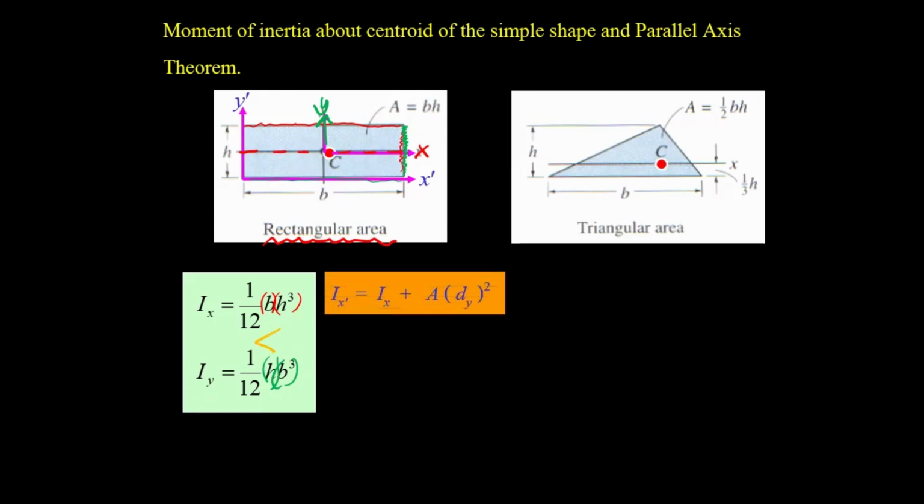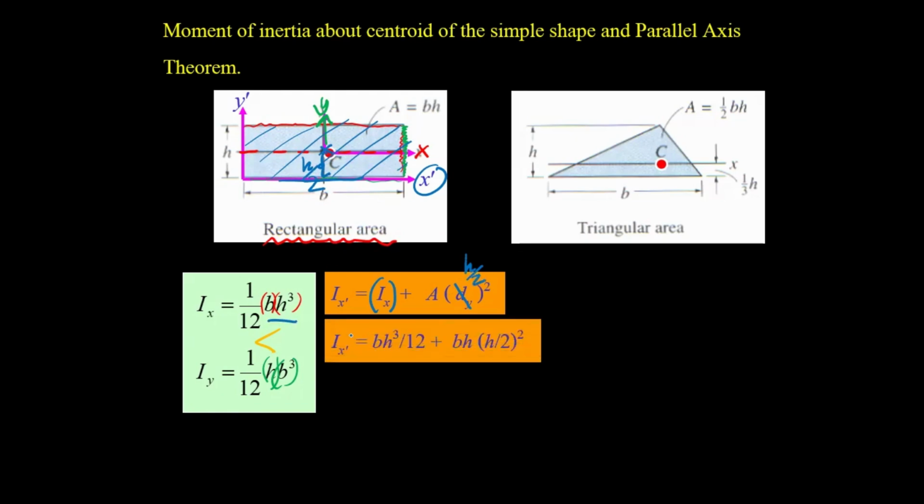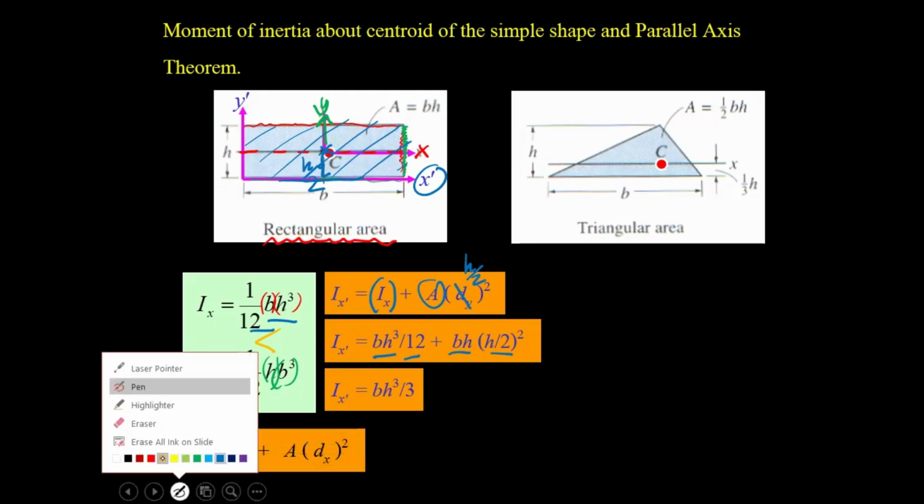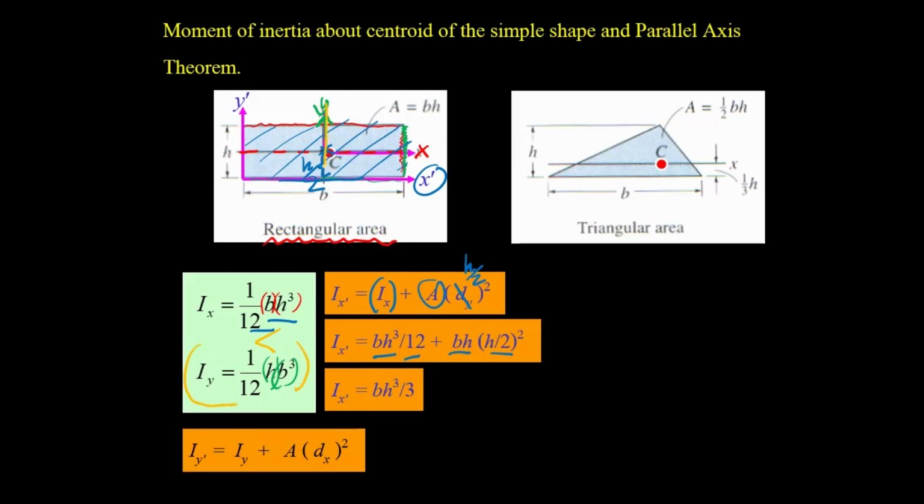If you prefer to determine I sub x prime, having moved from the centroid, I sub x prime is going to be I sub x plus the area times d sub y, which is h over 2 squared. Then you have this one, b h cubed over 12, plus b h times h over 2 squared. We have the same form for I sub y also. This is about this axis. If you prefer to determine it here,